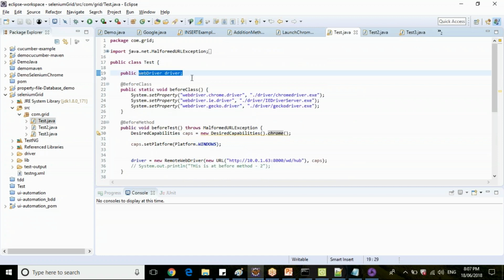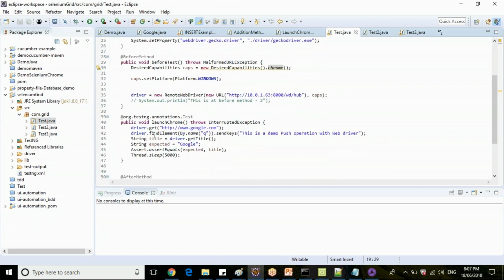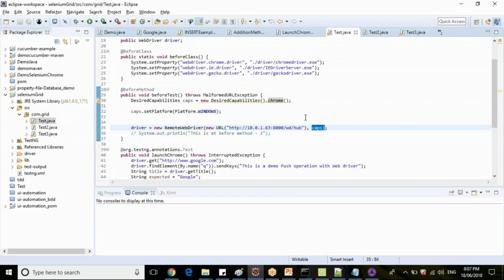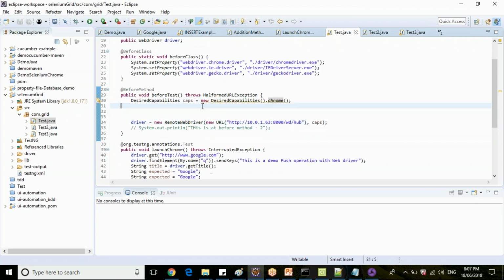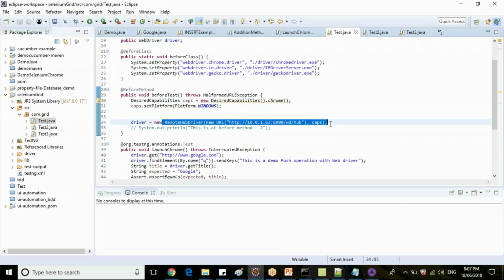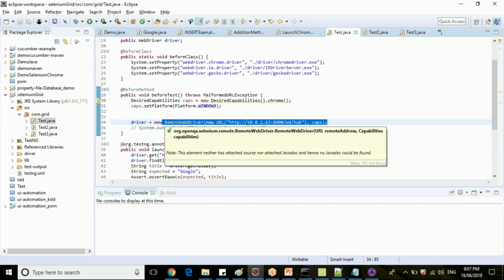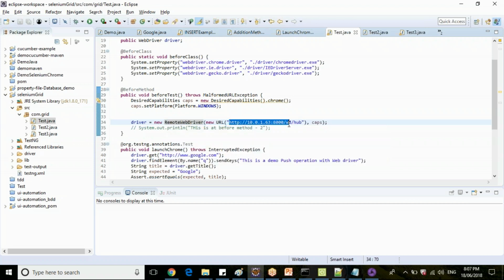You have declared WebDriver here. Your initialization will be with remote WebDriver here. And you are passing your remote URL and what are the capabilities? What is this capabilities? It holds which browser and which windows your Selenium grid is executing. Clear? You are using WebDriver, you just declared WebDriver, but your actual implementation is with remote WebDriver. You are typecasting your driver with remote WebDriver since your node is running here on 800 port of this particular IP